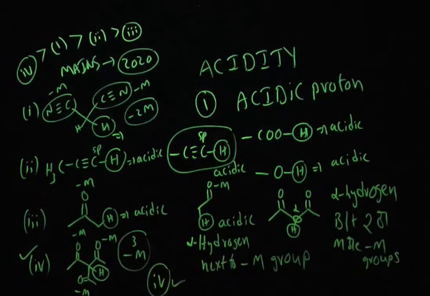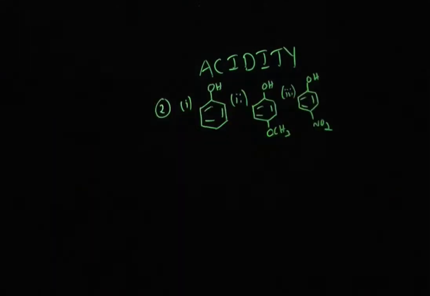Suppose the given compounds contain a similar type of acidic proton, then how do you apply the concept of GOC to analyze the acidic order? Let's see the second type of question. Type 2 question is according to the acidity order of the compounds. In this question you have to arrange the given molecules in either increasing or decreasing order of acidity.